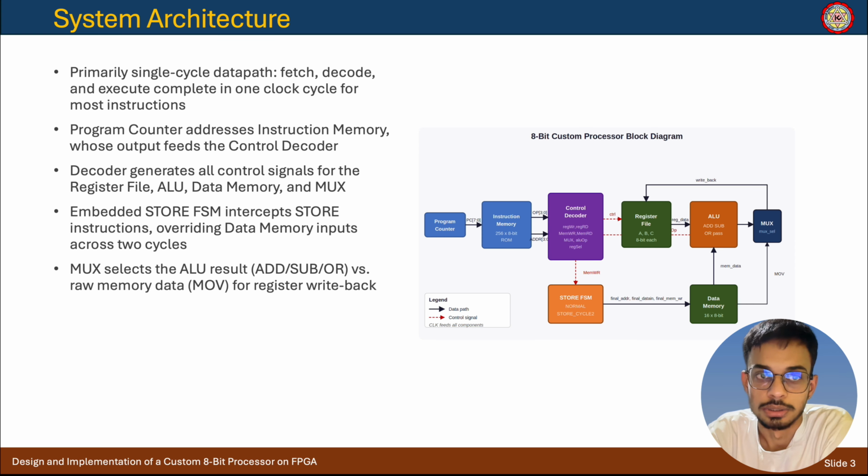And this is the overall architecture of the microprocessor. There is a program counter which holds the memory address of the next instruction, and instruction memory, that is the place where the instructions are stored. The control decoder generates the signals that decide which operation will be done, the register file holds the registers on which the operation is being done, and the ALU performs add, subtract, or, and all operations. And the MUX